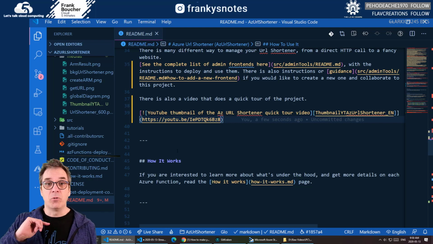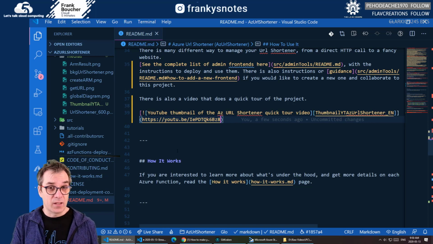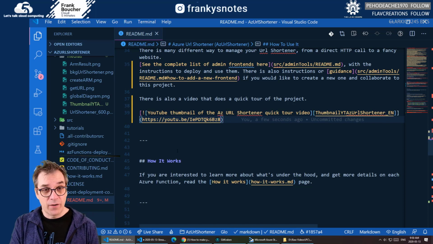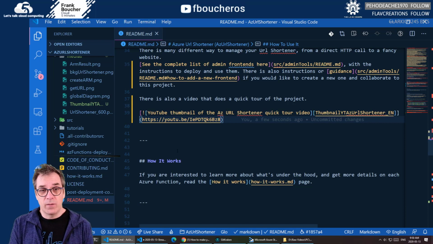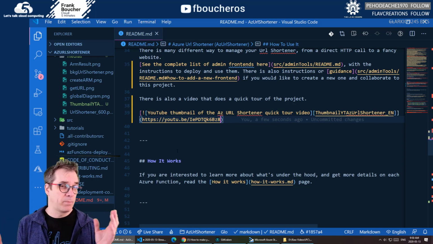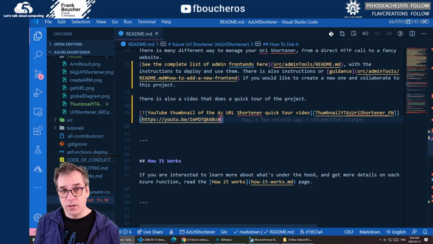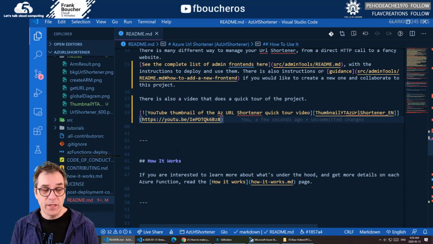WebAssembly will be on the client side. So for budget-friendly Azure, the URL shortener, it's very interesting because now it will be a file that will sit in your storage. Since it doesn't require a lot of traffic and doesn't need any bells and whistles, it's really just the short link that's done by the function. So I think it's pretty good.